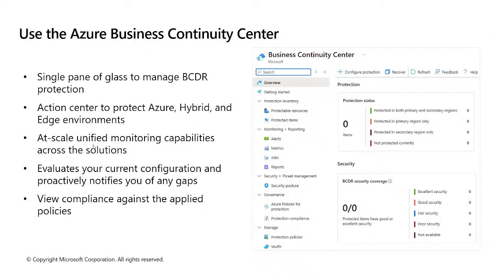So this is how it looks. Like I said, a single pane of glass that manages all the business continuity, data redundancy, and protection. We have an action center to protect your Azure, your hybrid, or even your edge environment. Regardless of where your resource is, you can back up those resources. Even when they are on premises, you can install the backup agent so that you can bring that